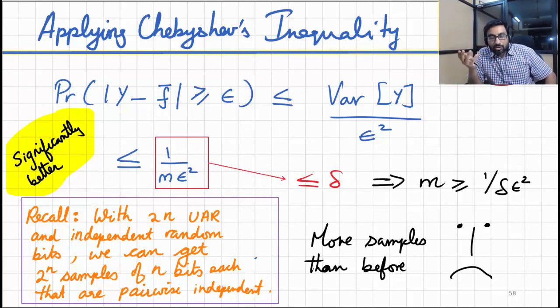And moreover, we also looked at an application where the number of truly random bits that we needed was far fewer, even though the number of samples that we need to take is a little bit more. And that's a significant improvement. In particular, keep in mind that there are some contexts where the number of truly random bits must indeed be kept low. So one reason why this is required is when you run some sort of